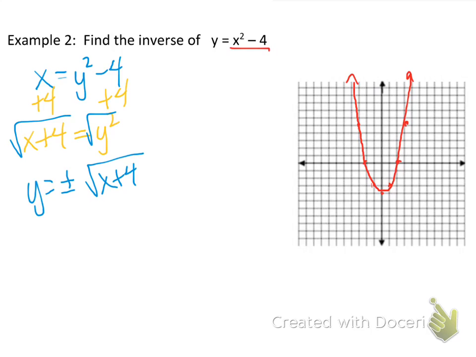Now, keep in mind if we were given an equation that's y equals the square root of x plus 4, we would end up with a squared. This is going to come up in the homework, I believe. But you would only graph half of the parabola if you were doing this in the opposite direction, if your original function was a square root function. And so we'll graph this, and we can see that our inverse is going to be a reflection across that